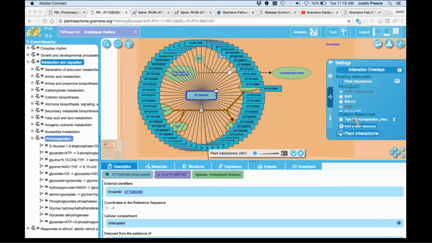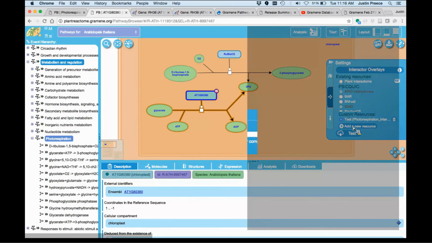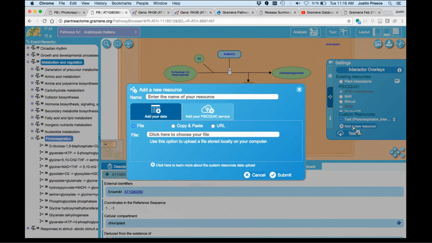On the right-hand dialog panel for working with the interactor overlays, below selecting different resources to get live web service interaction data from other sources such as BAR, you can go down to custom resources. I'm going to delete the one that I had added previously. There we go. And you can add a new resource. When you add a new resource, what you're doing is you're bringing your interaction data to the site. So it pops up an additional dialog